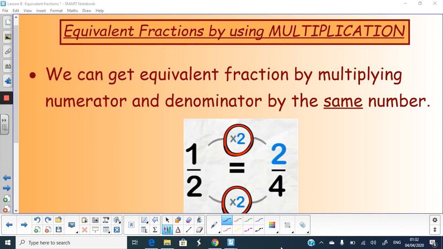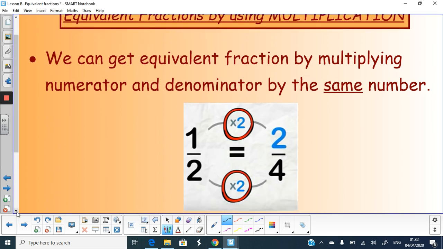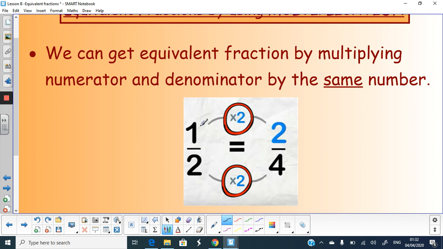Getting equivalent fractions is by using multiplication. What we can do is get an equivalent fraction by multiplying the numerator, that is the number on the top, and the denominator, that is the number below, by the same number. As you can see in this particular example, I have 1 in the numerator and 2